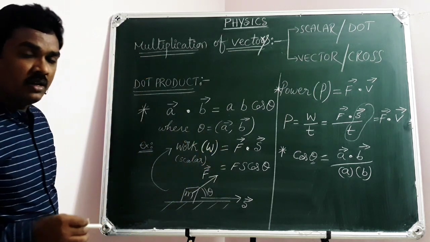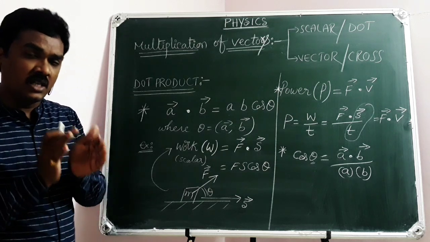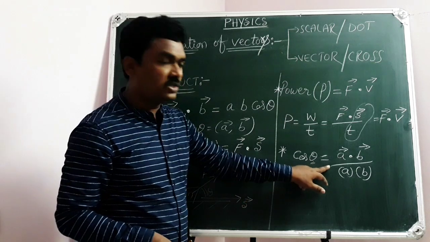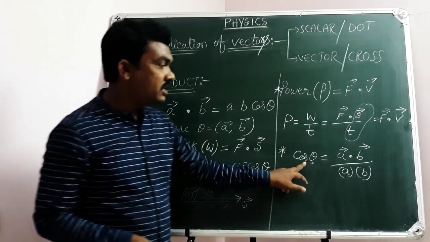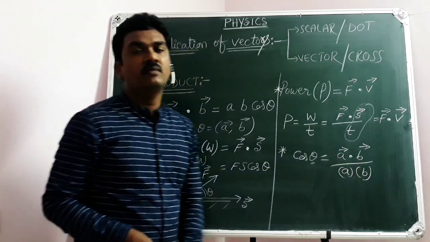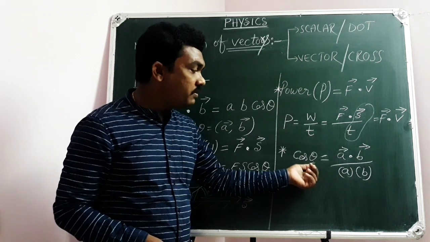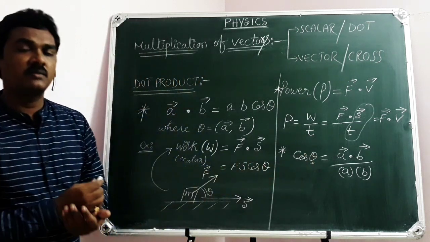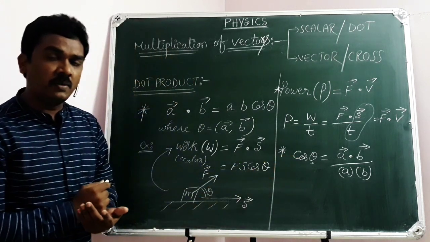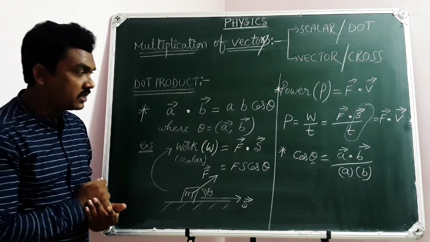So that is the reason why, while calculating the angle between the two vectors a bar and b bar, we take the help of the dot product using the formula cos theta equals a bar dot b bar by a into b, which gives an equation for solving the angle between two vector physical quantities. So remember this formula. How the dot product helps us calculate the angle between two vector physical quantities is very important.